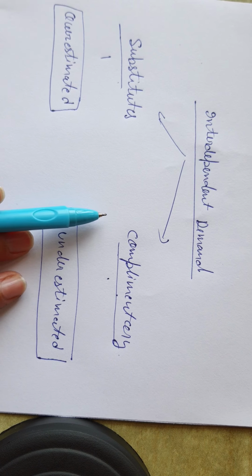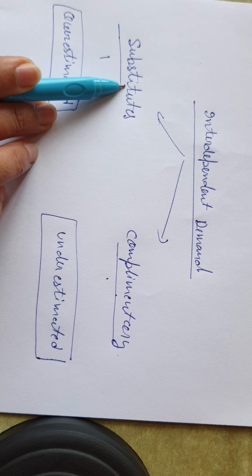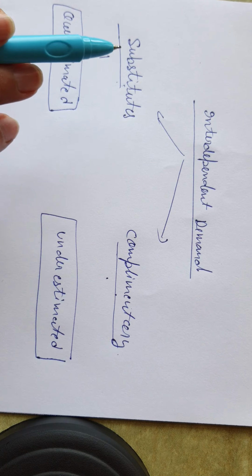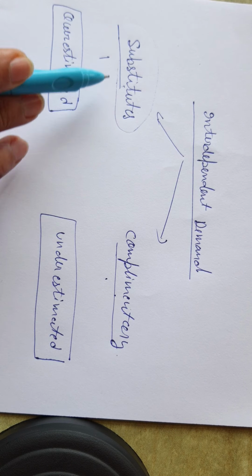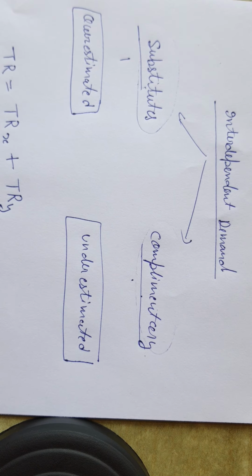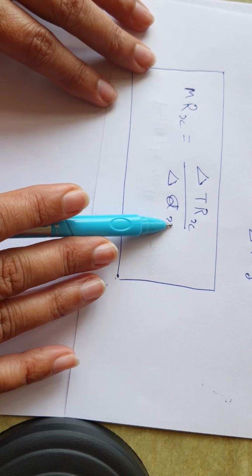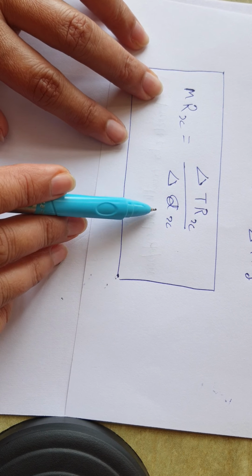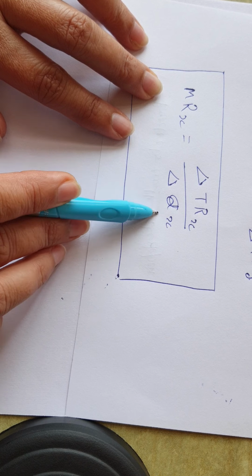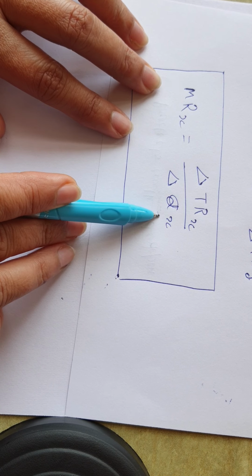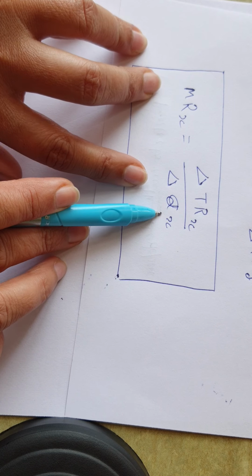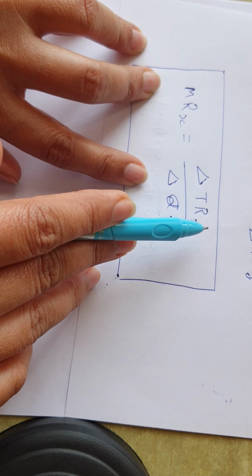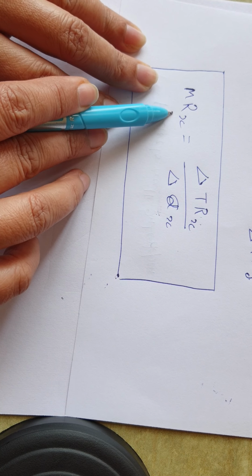But here the demand of one commodity is affecting the demand of another commodity. So these are two different examples. We may use substitutes, we may use complementary commodities. What is marginal revenue? Marginal revenue of X will totally depend upon how much of X you are producing and selling in the market. If you produce one more unit and sell it in the market, what will happen to your total revenue? Because of one more unit, how much is added to your total revenue is your marginal revenue.